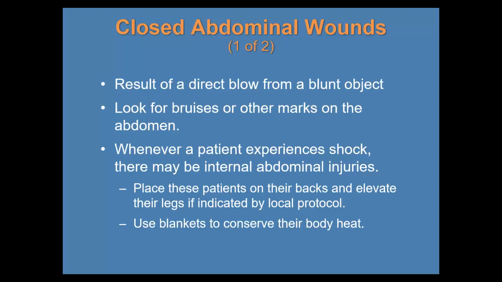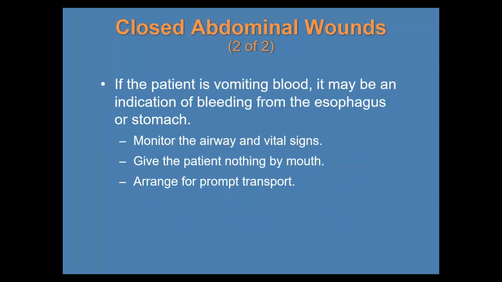abrasions. And whenever a patient experiences shock, there may be internal abdominal injuries. So if you have the symptoms of shock, but they just haven't developed yet, you really can't tell where it's coming from. Always start looking towards the abdomen, chest, things like that, and see if there are any signs and symptoms of internal bleeding. So if the patient is vomiting blood, it may be an indication of bleeding from the esophagus or stomach. Same thing, we're looking for any of those signs and symptoms of